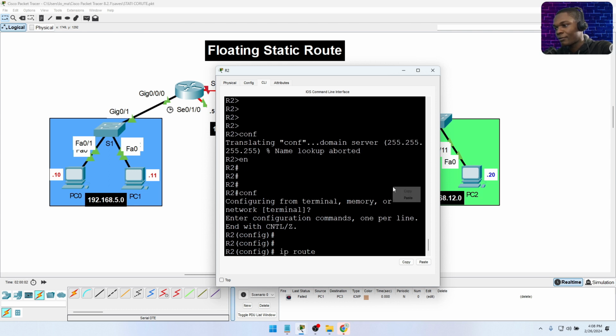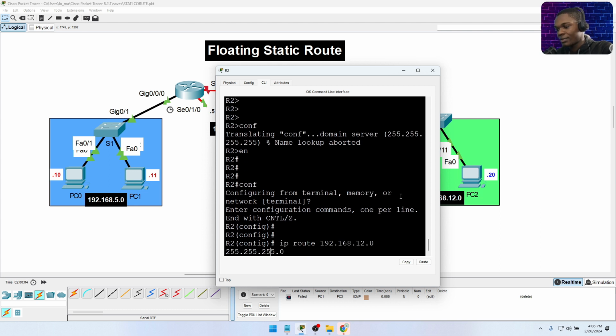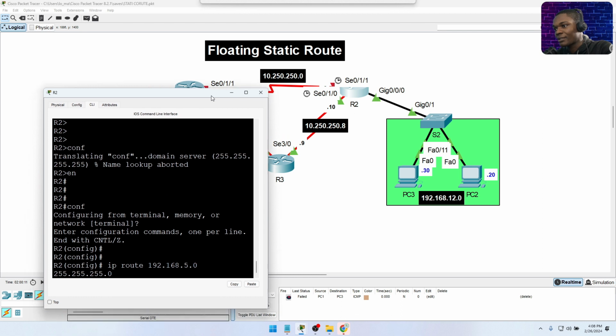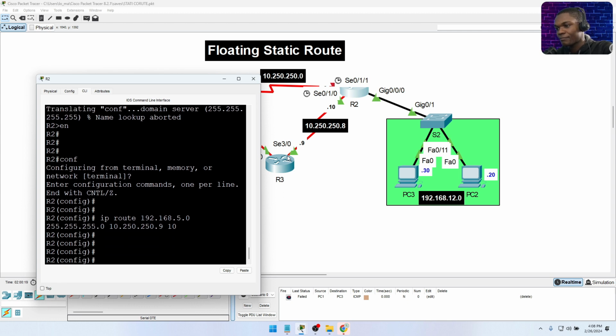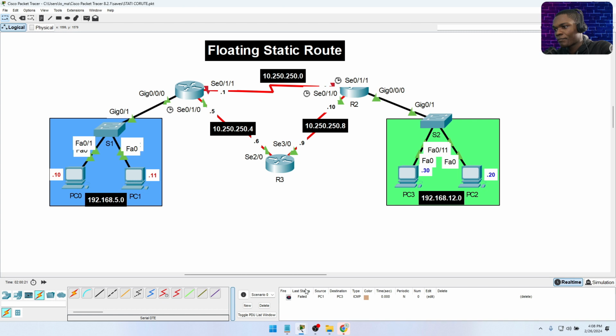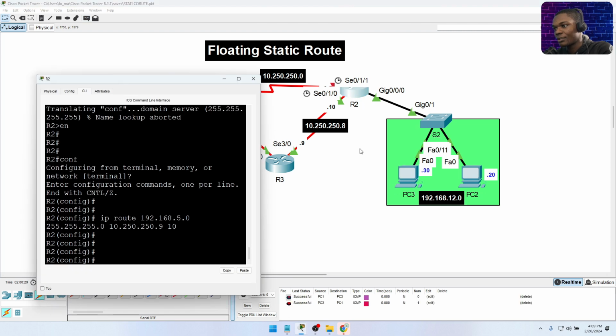IP route, in this case it would be 5, right? And in here I'm gonna use my next hop, that would be, right, this one, 9. And also I'm gonna increase the administrative distance. So now if we try again, you will see that we are getting connection. So here